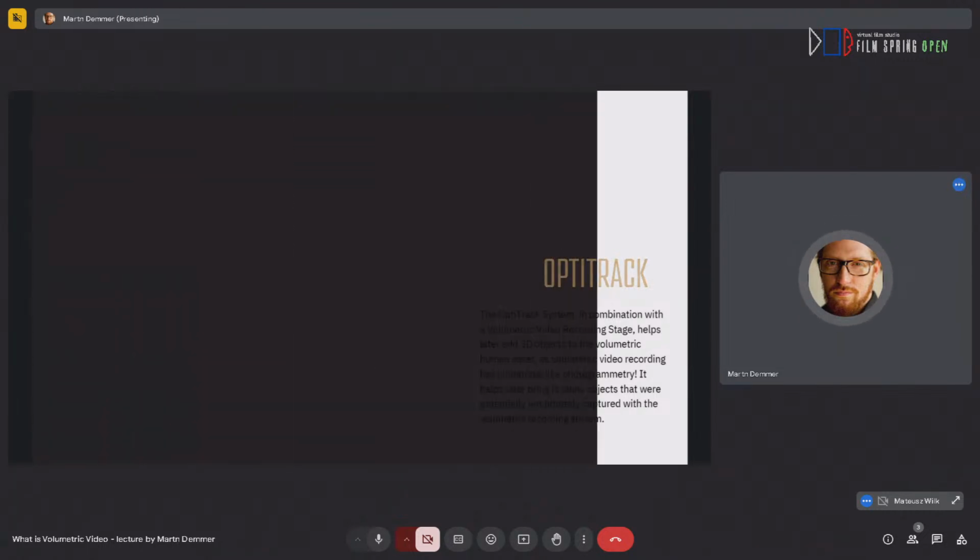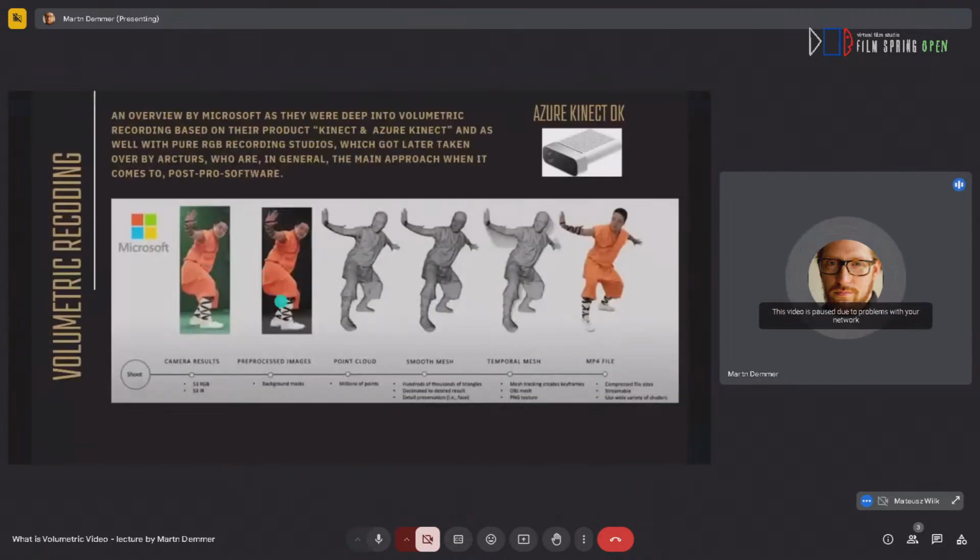Okay, let's go on. So, a slide by Microsoft, who explain what the steps are. So the steps are that it's a recording, it's a processed image, it becomes a point cloud, it becomes a smooth mesh, it becomes a mesh, it becomes an MP4 file. So this approach has actually been used by the company